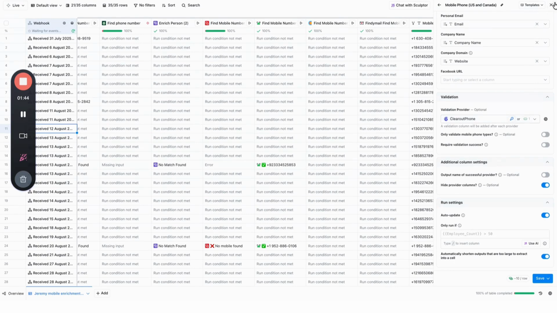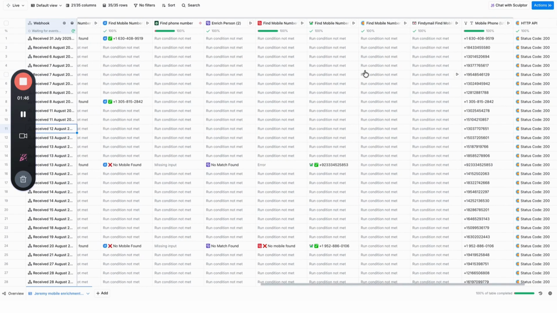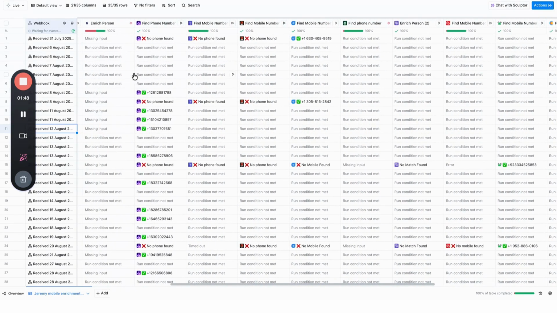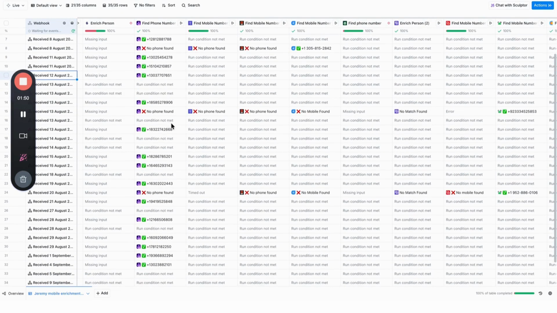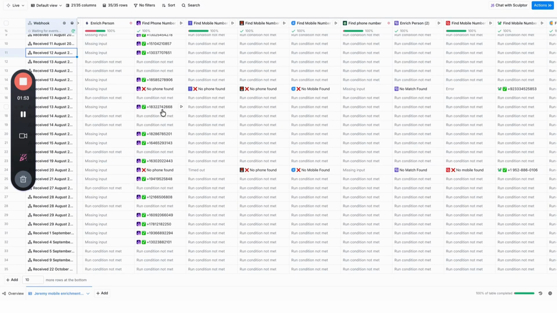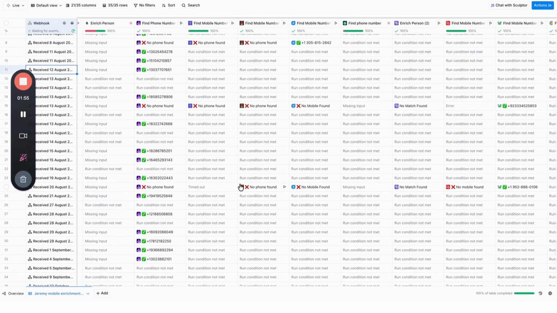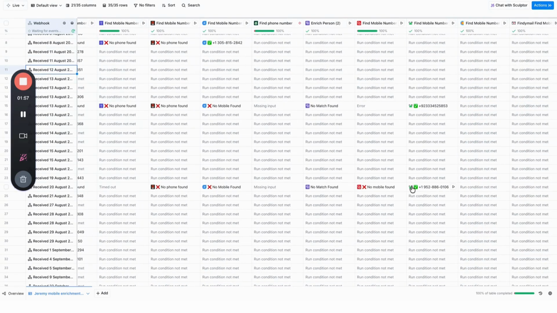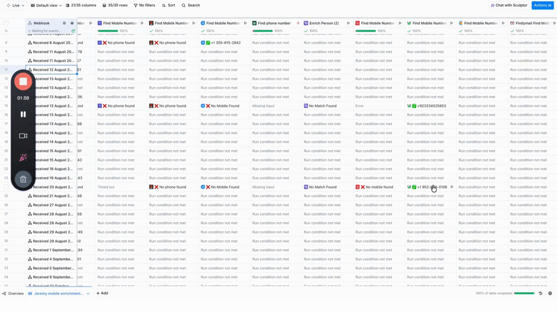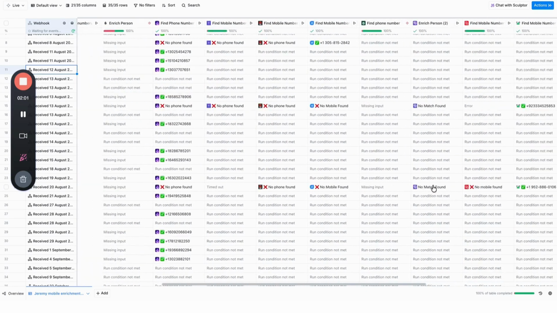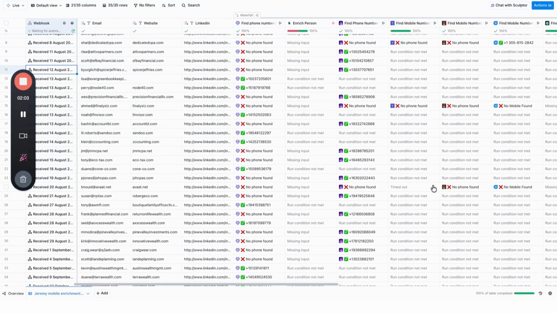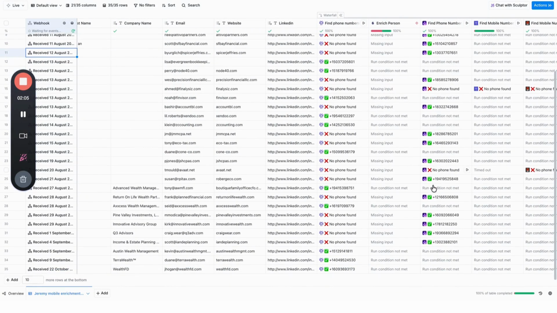And then once you run that, it will go through each one of the providers and try and find the mobile number. So as you can see, most of the time we're getting them on the first provider, but sometimes it will take quite a few tries of different providers before you actually find the mobile number. But yeah, that's how you do it. It's fairly simple. But the cool bit and how you can make this actually useful is when you're running your